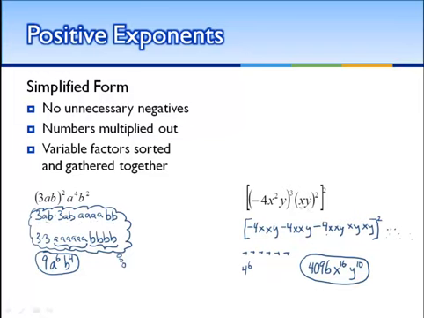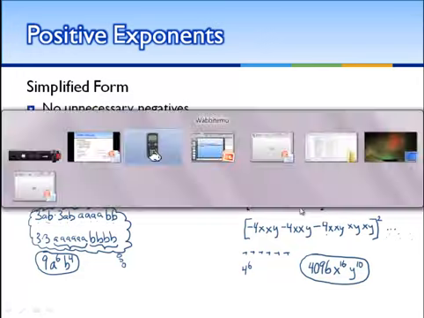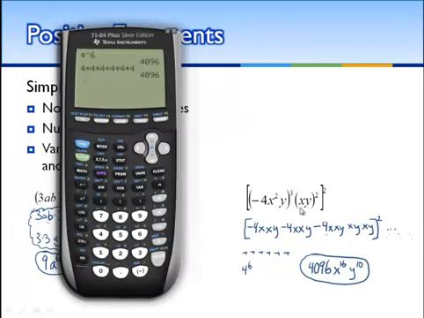Now, with an expression that's this complicated, it'd be nice to be able to check our work and see if our simplification is done correctly. On a calculator, we can do this. Unfortunately, the calculator doesn't just give us our answer, but we can type in what we had originally and type in our answer, and if those things really are equivalent, then we should get the same number for those. So to type in our original statement,